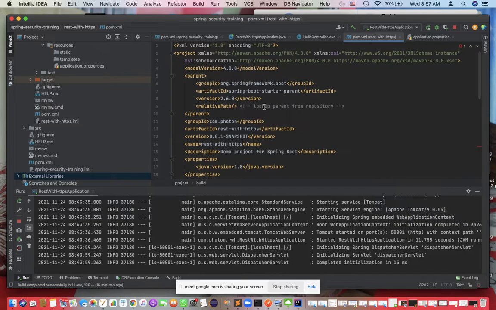To do HTTP to HTTPS we need a certificate, right? How can I get the certificate? One way is that we buy the certificate from somewhere. The other way is that you can create your own certificate, and that will be the self-signed